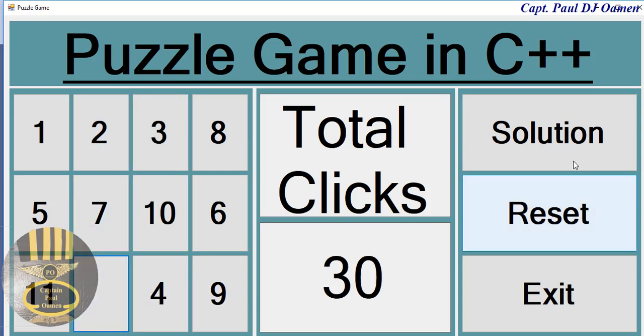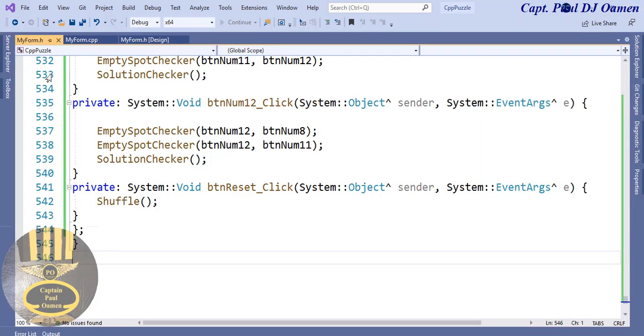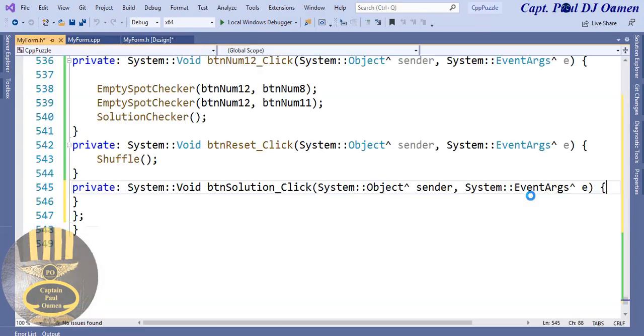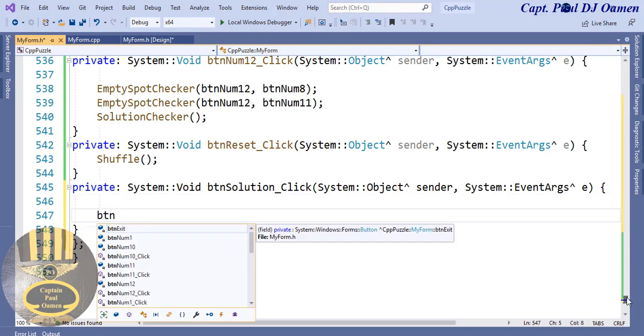Okay, solution works. Oh, I haven't taken care of the solution. Reset works. So let's go into solution. We need to take care of those two, and we'll call it the end of the tutorial. In the case of solution, we just need to change the whole values in there. Right here, double click on the solution, and all we just need to do is btn button 1